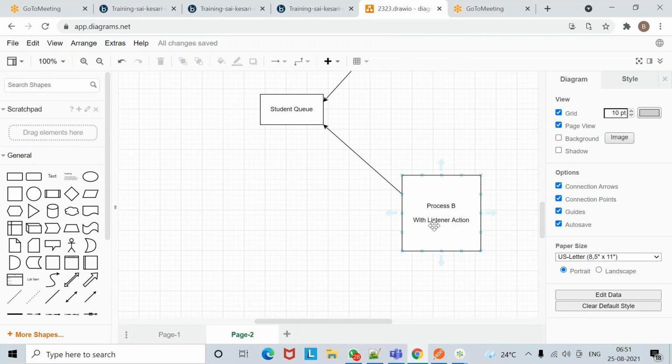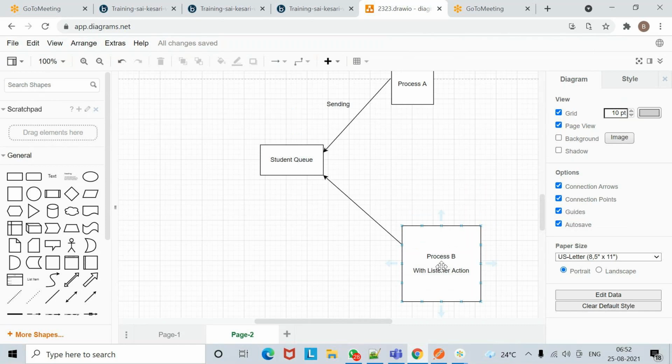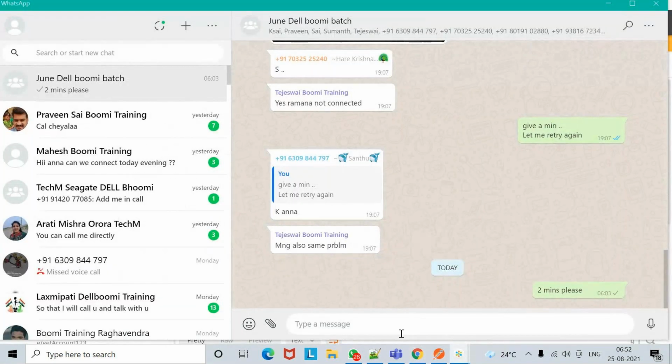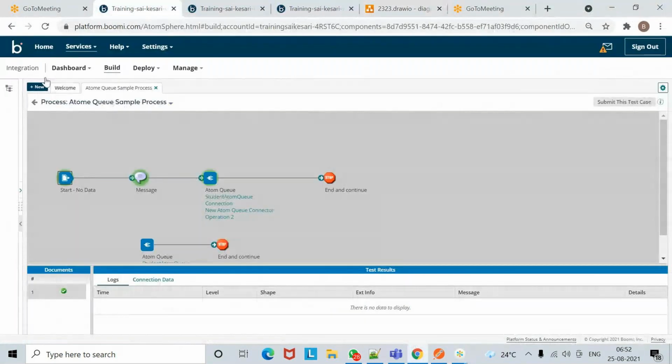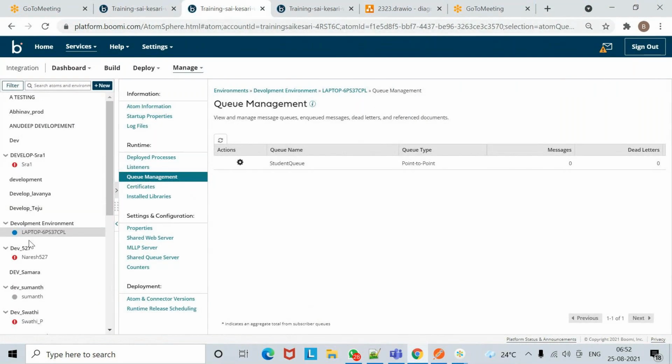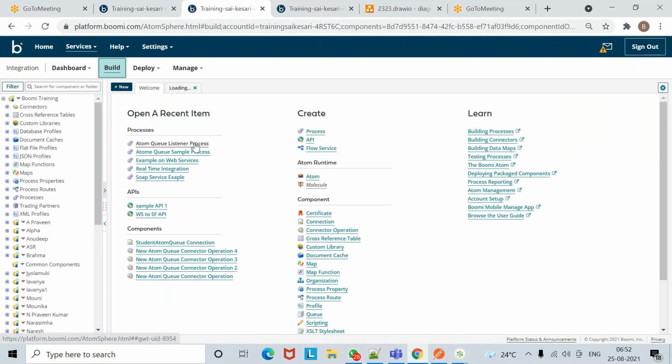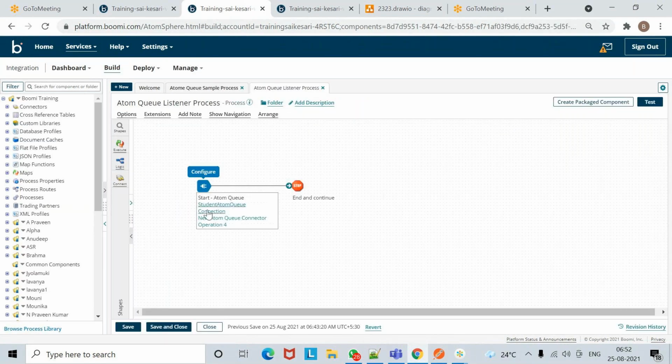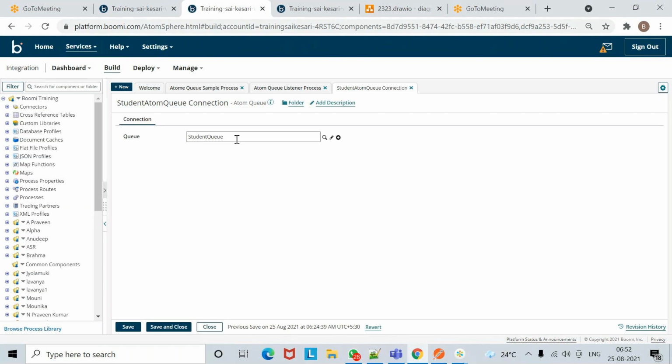Now as I have configured start shape as a listener, so this process will execute whenever there is a message in the student queue. This process will automatically pick that message. నా ఎందుకన్నా స్టూడెంట్ క్యూలోనే ఎందుకు పిక్ చేసుకుందంటే we have configured connection as a student queue. So ఒకసారి if I show you, let me open that process. So it's listener process taking the start shape as a listen action, and yeah, this is pointing to the student